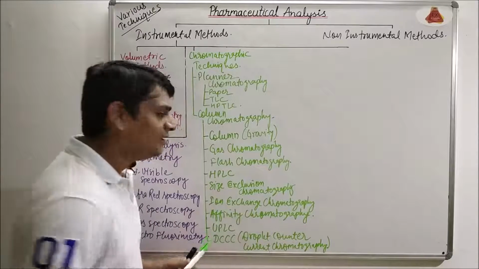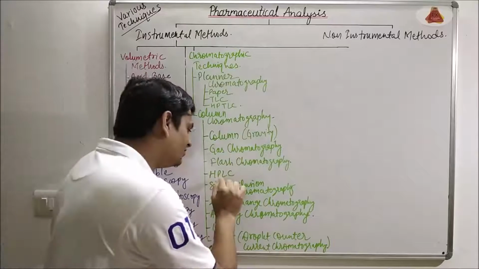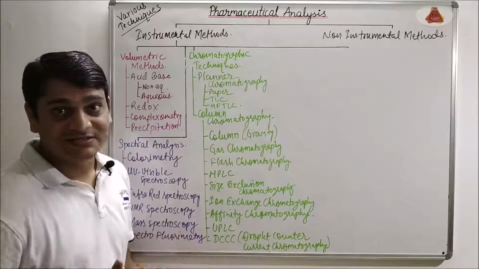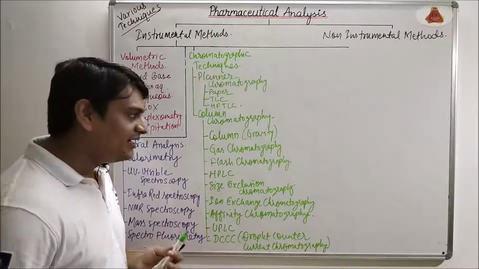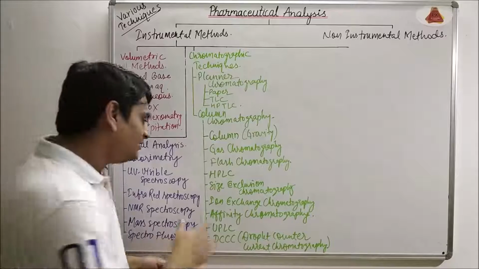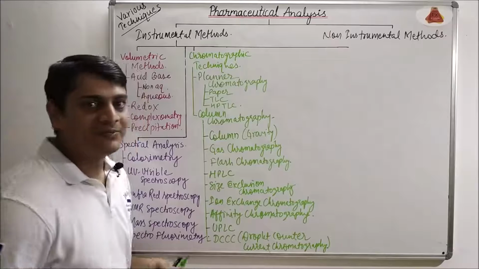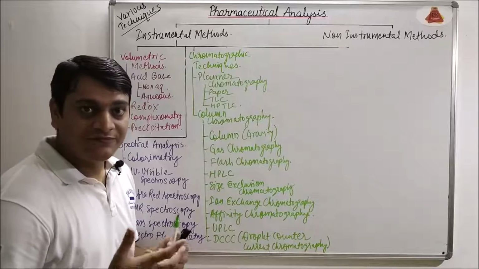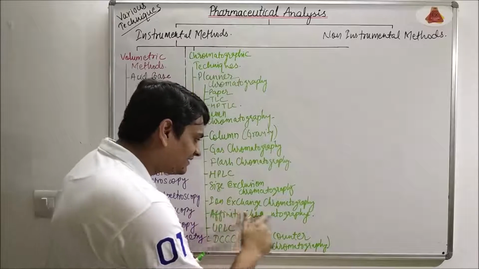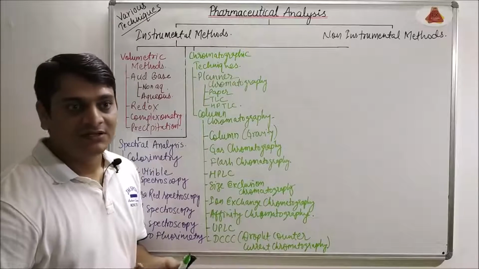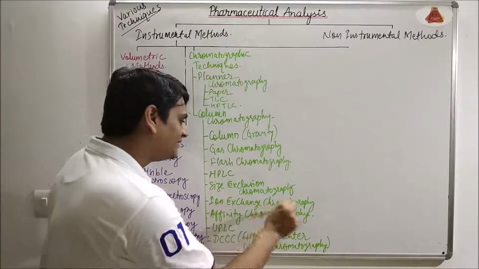Next one is HPLC. Full name of HPLC is high performance liquid chromatography. It is a commonly used method under chromatographic techniques, and by using a suitable detector we can determine the concentration of the analyte in various mixtures. Next one is size exclusion chromatography. In size exclusion chromatography, separation takes place due to the difference in the molecular weight or size of the particles. Next one is ion exchange chromatography. If we have any ionic compounds, those ionic compounds will be separated by using ion exchange chromatography.